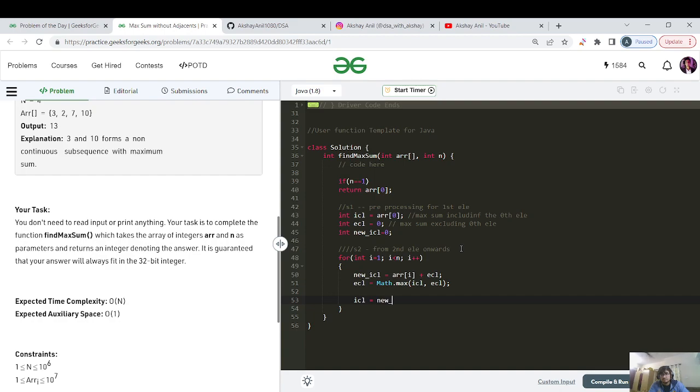Now that I'm updating my ICL value with the new ICL, the current ICL I just made for each and every iteration, at the last I just have to return Math.max of new ICL, comma,